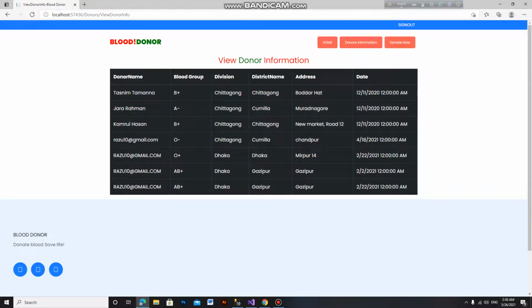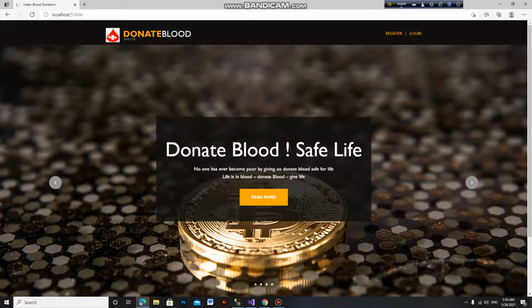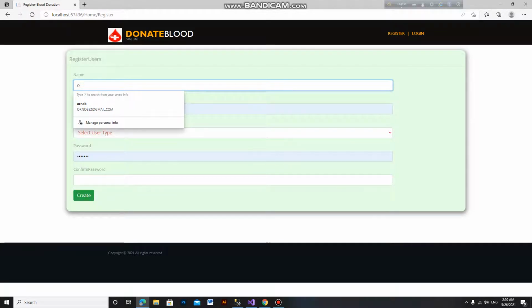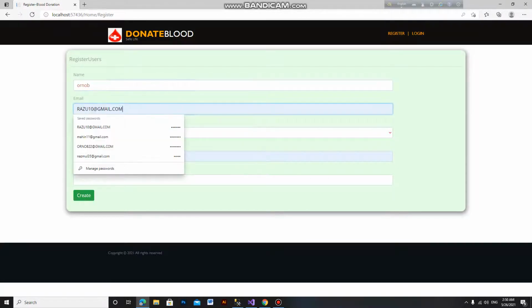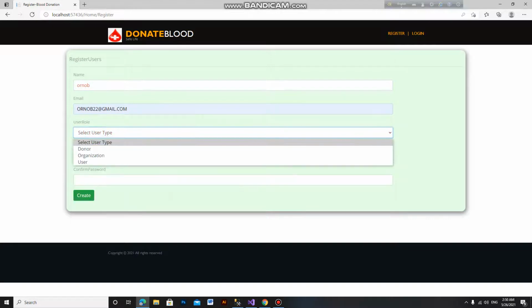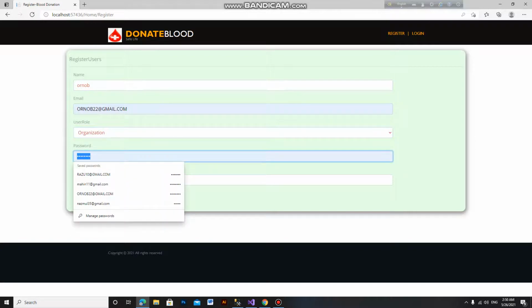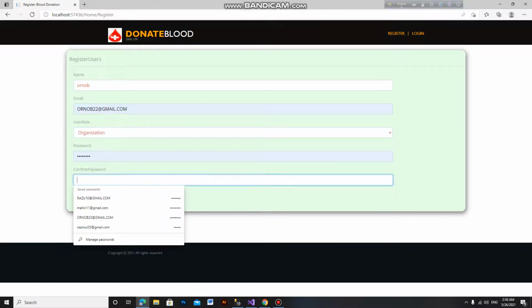So now I can show how to create an event for an organization. So we go to the registration page and enter the organization name and organization email, and select organization, must select organization, and input password and confirm password.